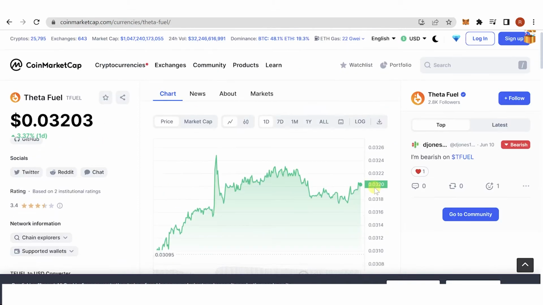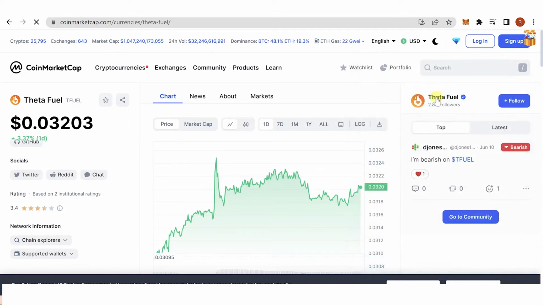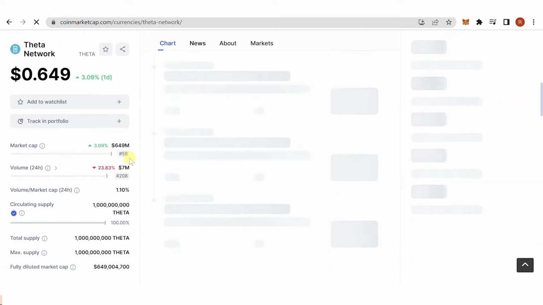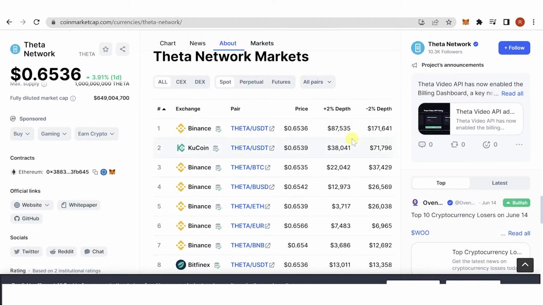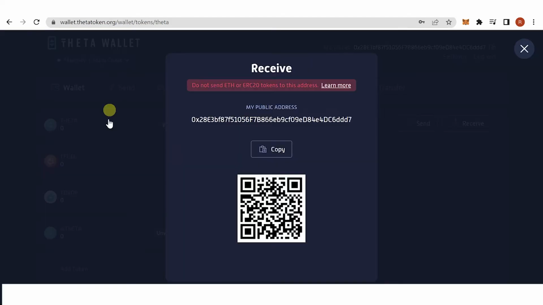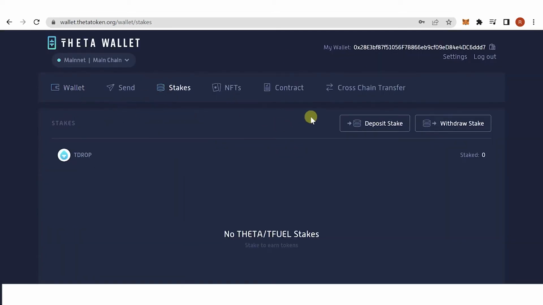So if you want to deposit some Theta token, you can type down Theta here, scroll down, and here are also the supported exchanges. But you can also use a MetaMask wallet here to transfer some Theta network or Theta token in your Theta wallet. And then once you have Theta token in your Theta wallet, you can just click stakes here